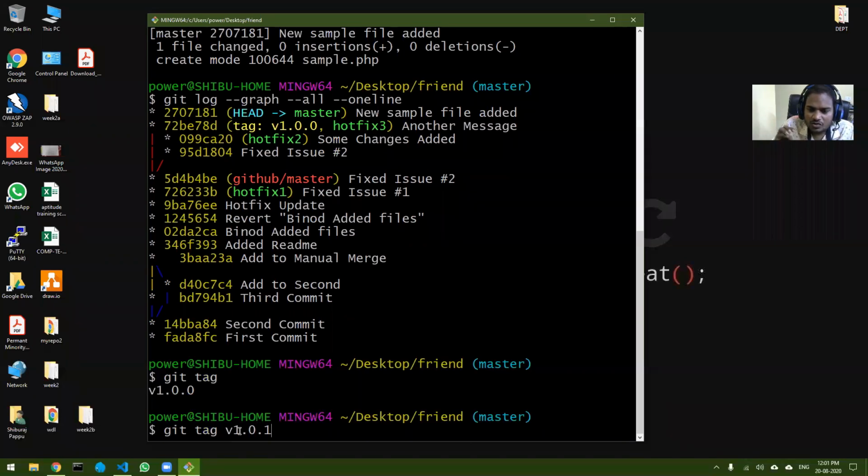You tag when you think that your software is ready. Let's suppose I'm working on some college software, let's say placement software. Once all the modules are ready, everything is ready, I will create a tag and let the users use it.